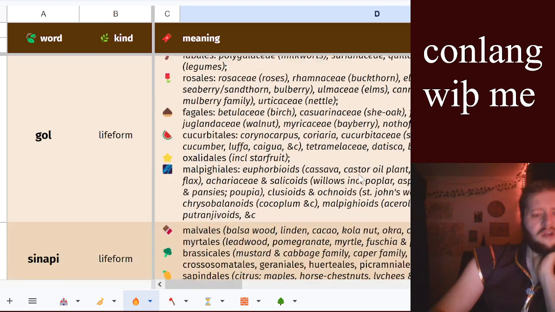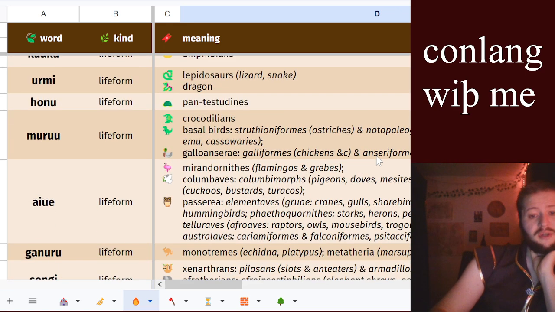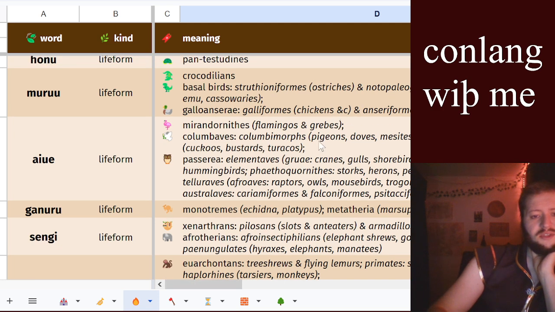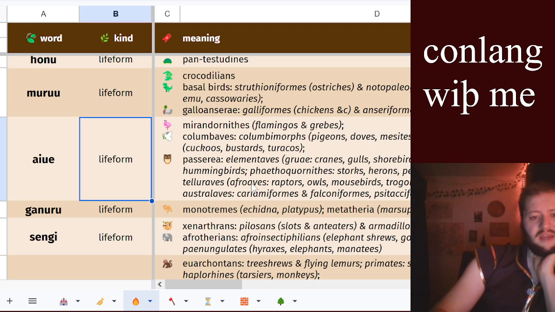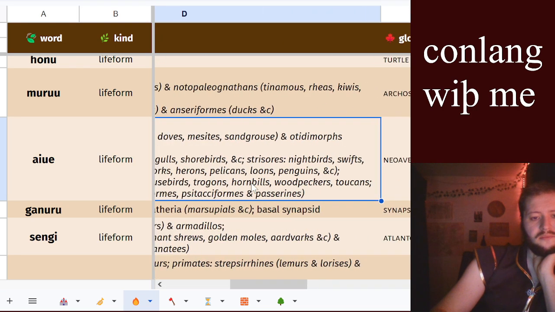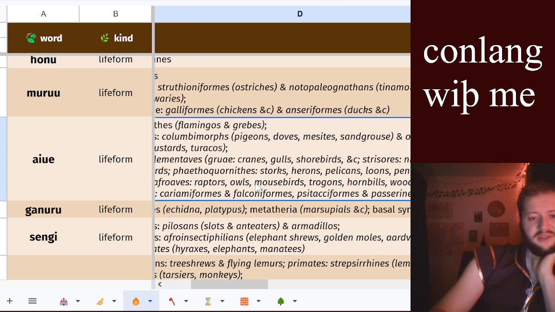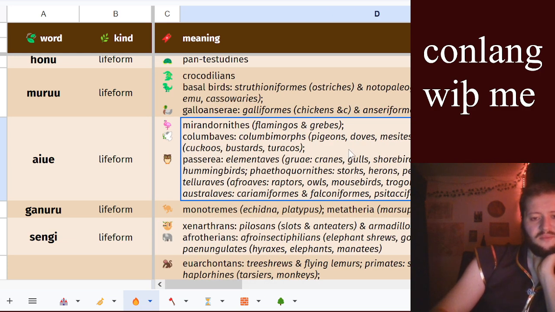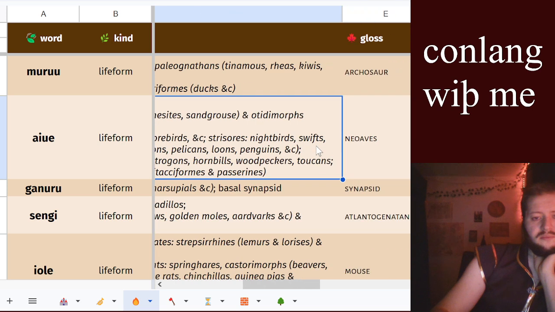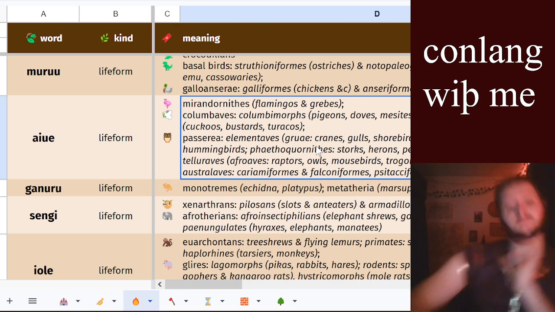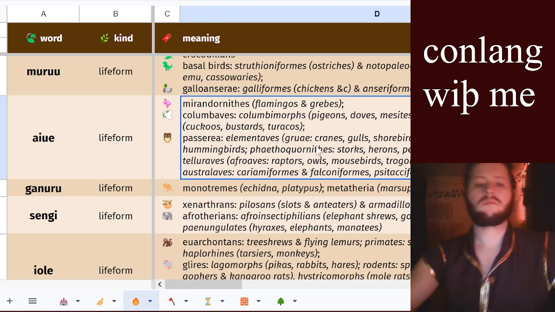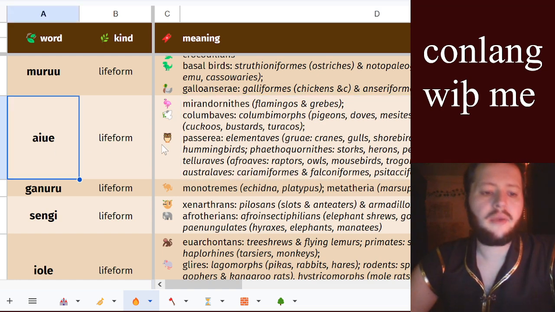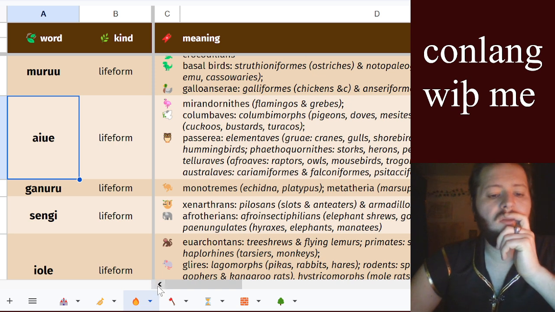And then bird. I have birds split into two groups. I'm probably going to say it would be Iowa, because this is where the passerine birds are, like birds that live in trees for the most part, would all be included in here. At least for the most part. So yeah, I'll do Iowa. One comes from Quenya. Okay. So what am I saying? I'm saying